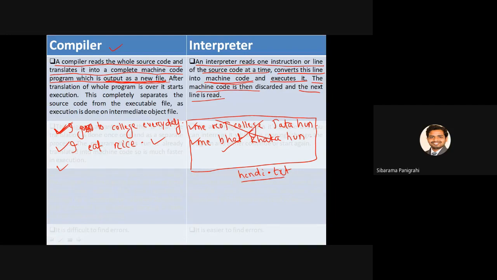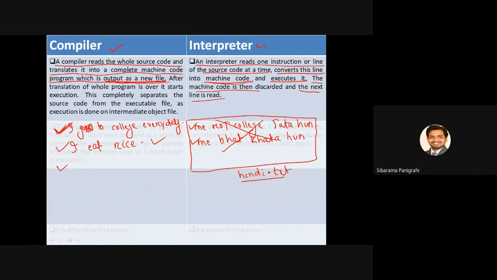After you have written a C program, you compile it: cc space file name dot c. Once you compile it, it translates the C file into an object file, then it stores it in Linux as a.out. If you do not give a name to the object file, then by default it is stored in a.out. But if you are using an interpreter, no intermediate file will be created.